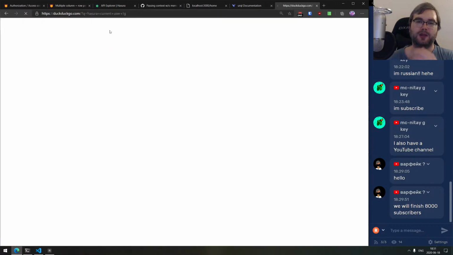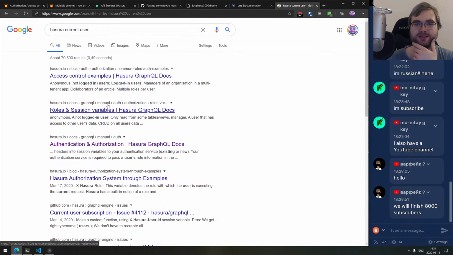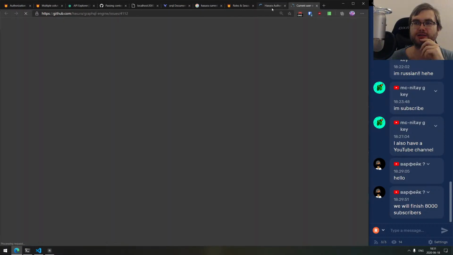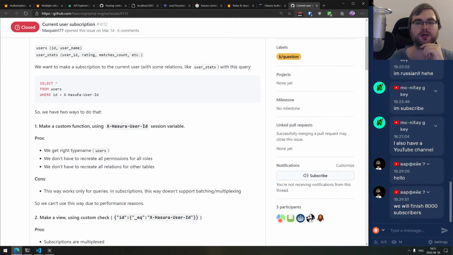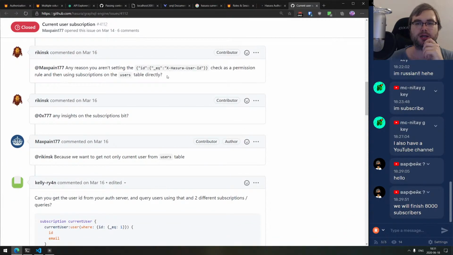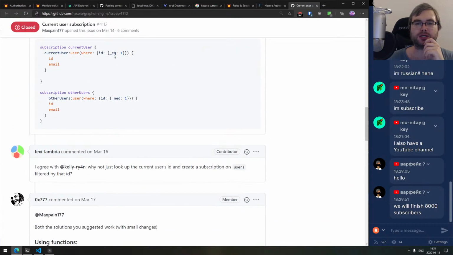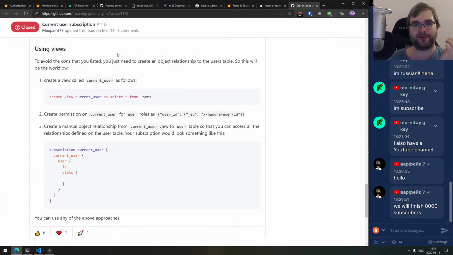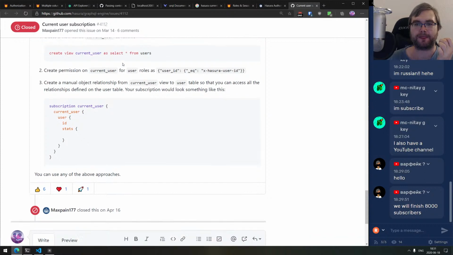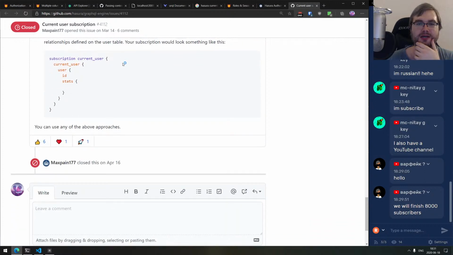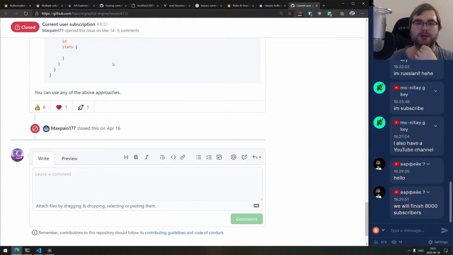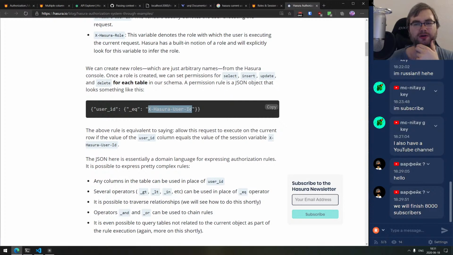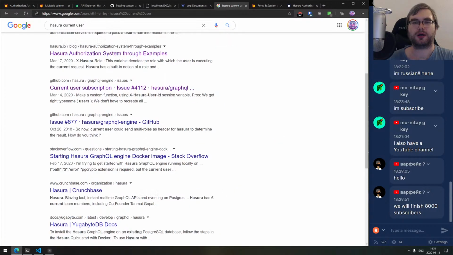current user. There should be some way to access that from the session, right? Current user subscription. Subscription is not something I care about, but where x Hasura blah blah blah. ID equal, this is permissions, ID not equal, not that. Like there's absolutely got to be a way, because this is such a common thing, that there is gotta be a way. There's gotta be a way to get that. I wonder if that's like a global Hasura